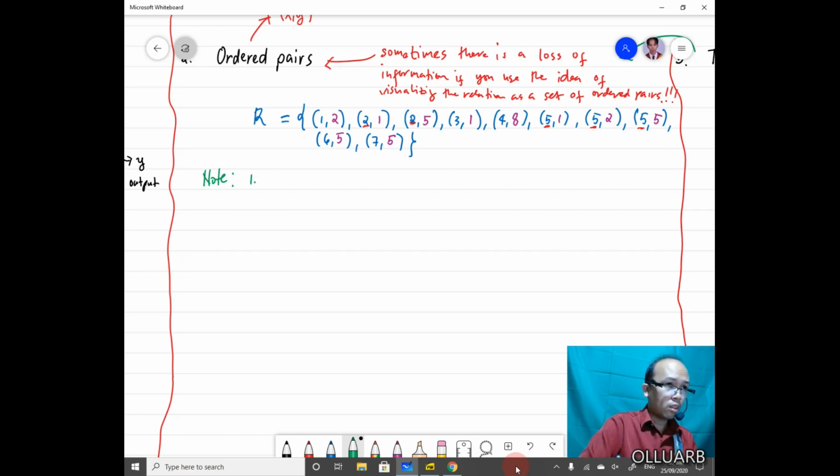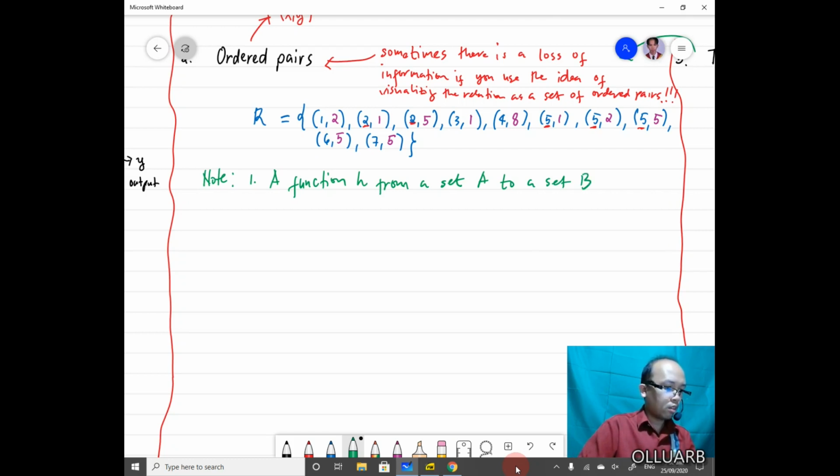It is defined as a function, let's say a function h from a set A to a set B